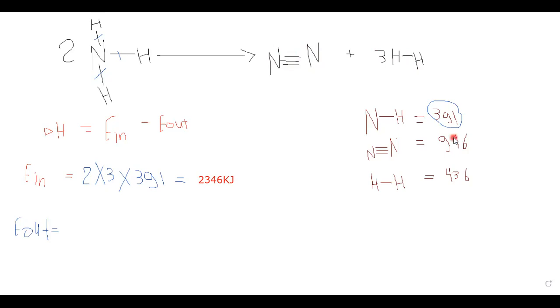You know what a common mistake is? Someone will say 3 multiply 946. No, N triple bond N is one block. The value is 946. So I write here 946 plus